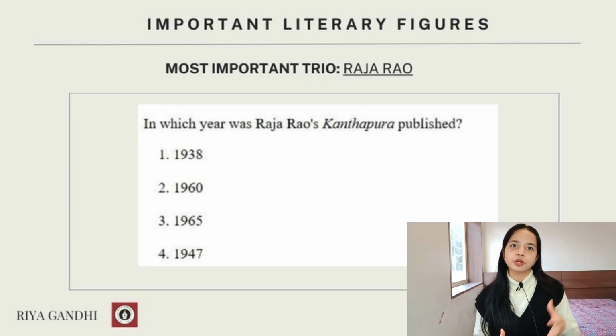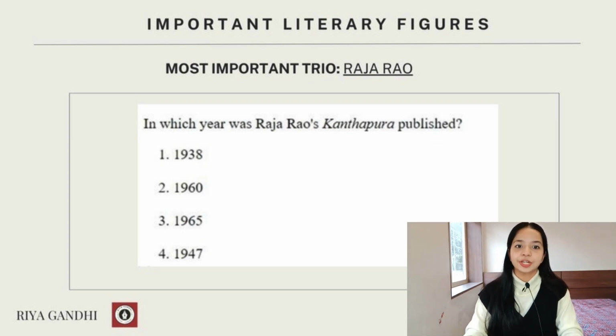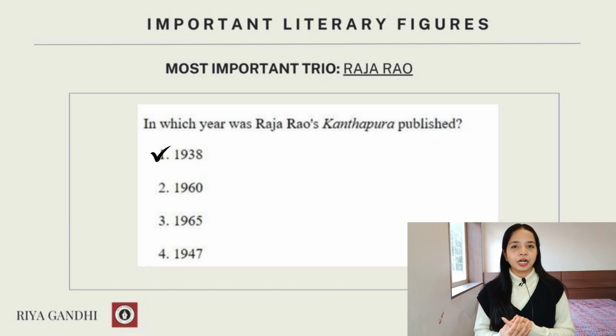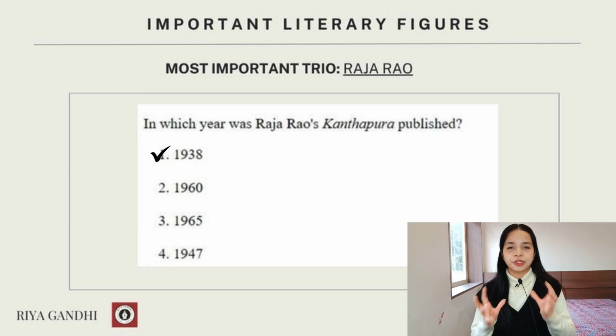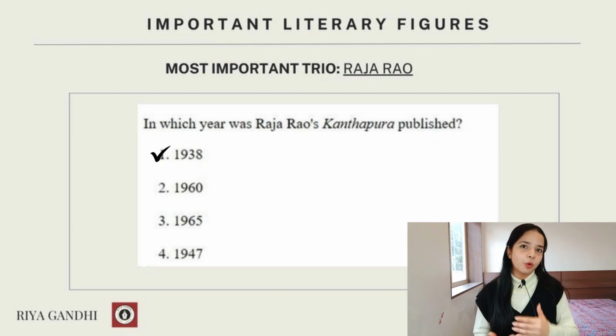Moving on to the next important writer in the trio, we have Raja Rao. A question related to Raja Rao's masterpiece Kanthapura was asked in this year's UGC NET English exam. And the question was quite simple. It was just that in which year was Raja Rao's Kanthapura published? The answer is 1938. Now talking a bit about Kanthapura, it was set in the freedom struggle of the 1930s, and one of the most important things of this novel, apart from its plot and the theme, is the foreword, because it is in the foreword that Raja Rao has talked about the importance of English language and using English language as a medium to talk more about Indian culture, Indian tradition.